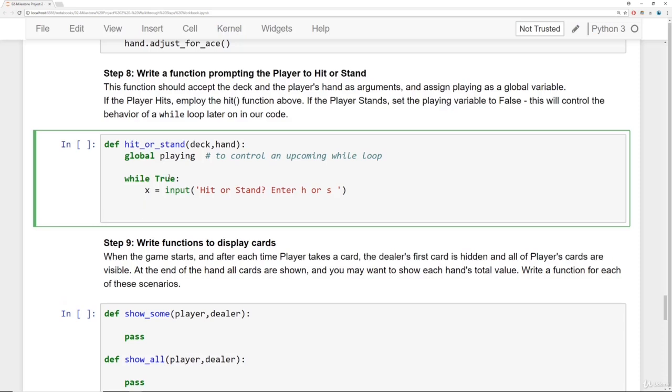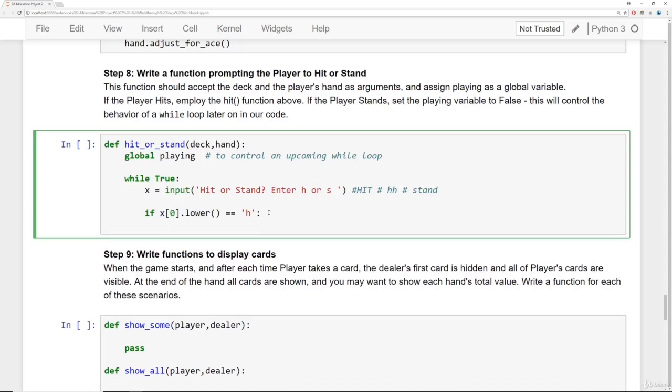And then we'll say if x lowercase is equal to h. So why am I doing this? Well, maybe someone is going to misunderstand this line and then type out something like hit or something like hh. Maybe they do lowercase stand. In that case, what I'm going to do is grab the string, grab the first letter of it, lowercase, and say if it equals h, they probably meant to hit. So I'm going to say hit from the deck on their hand,